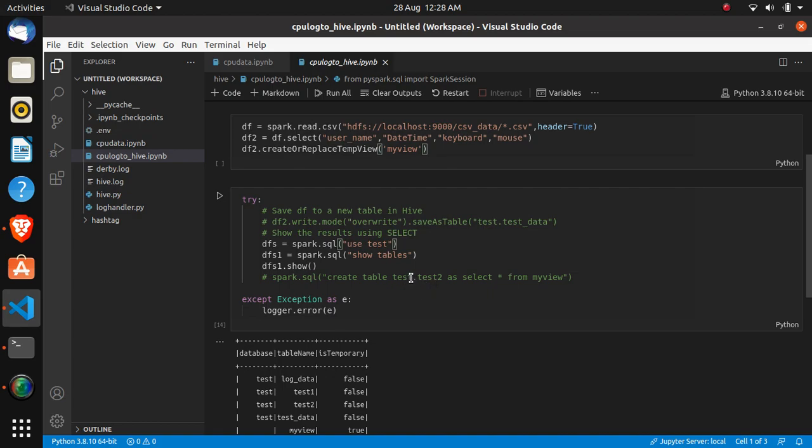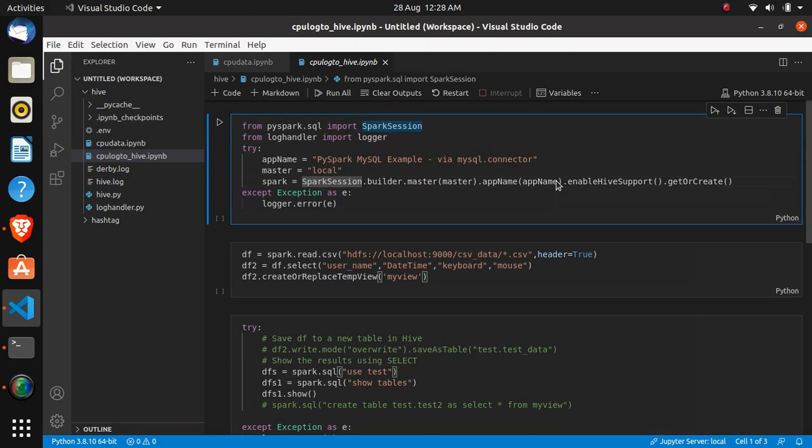So as you can see, we can perform different operations based on the requirement. This is also another way of inserting a table into Hive.